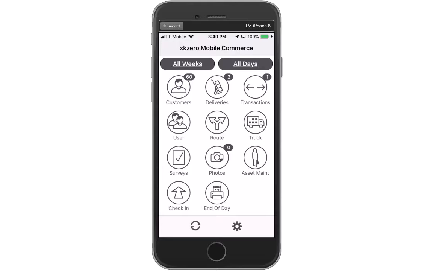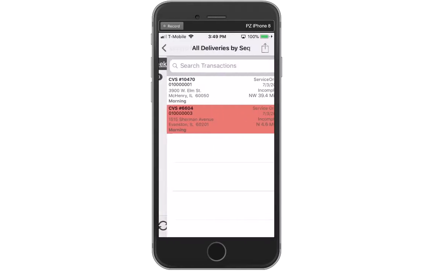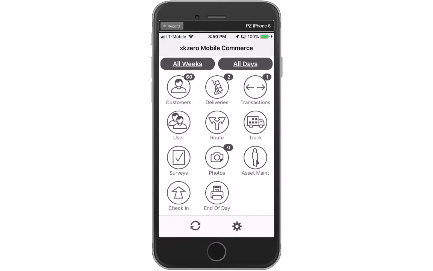Okay, now I'm going to move on to the next button, and that's deliveries. So if my job includes delivery orders, then by tapping on here, I'll see 2 deliveries that I have that are in progress. So actually the reason that this one is red right here is because I already have a delivery in progress that's happening right now. Okay, next icon on the home screen